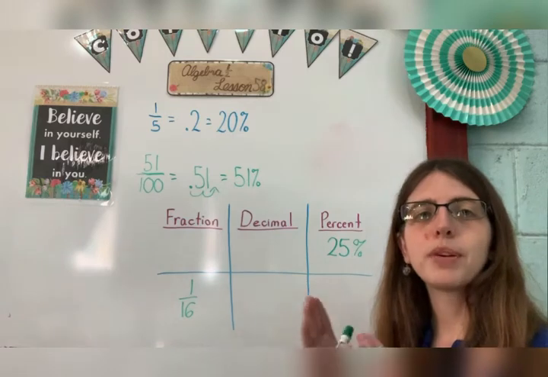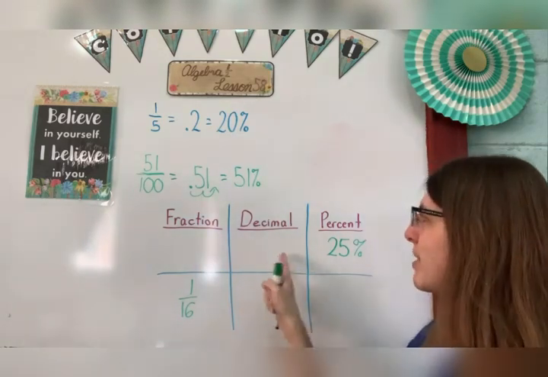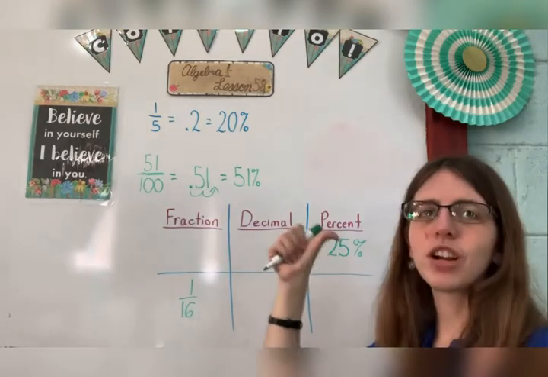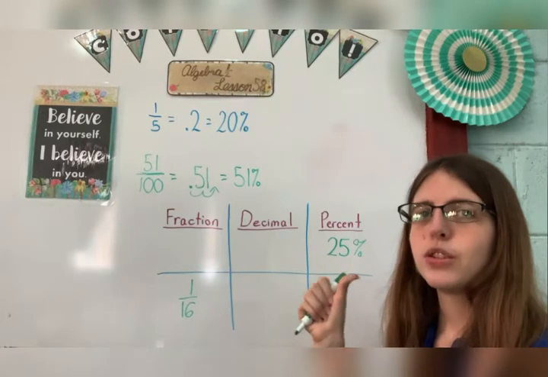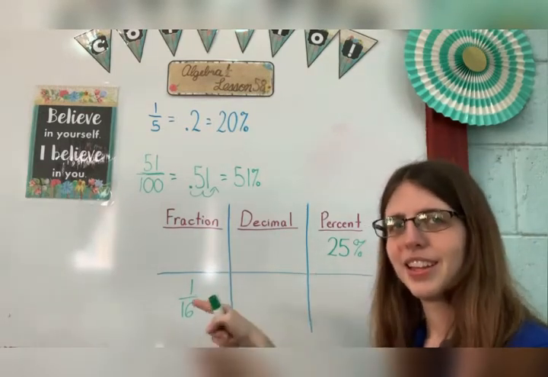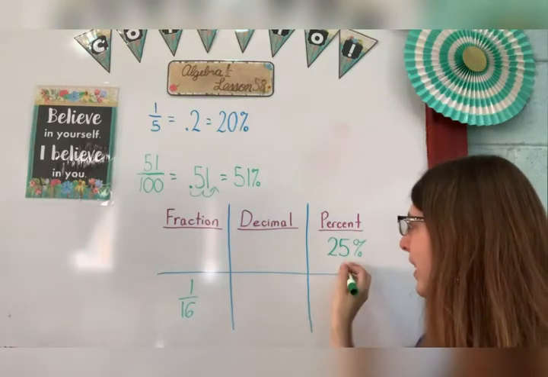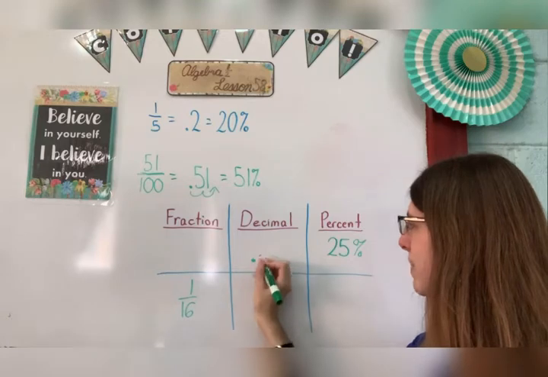To go from a percent to a decimal, we're going backwards. When we change from a decimal to a percent, we moved our decimal point to the right. So since we're going the other direction, we move our decimal point to the left, 2 places. So 1, 2, it becomes